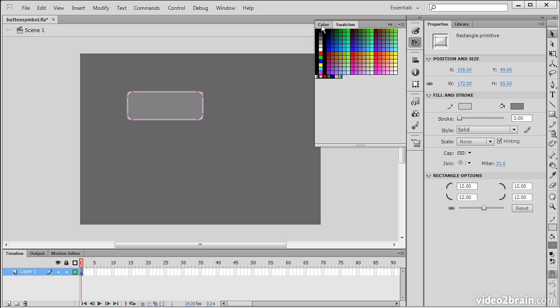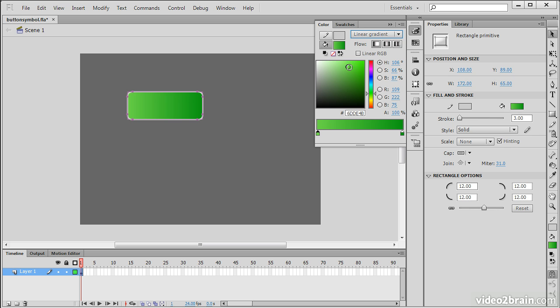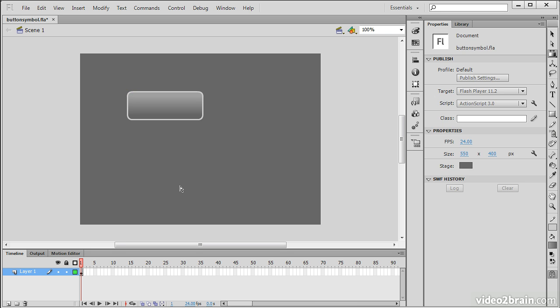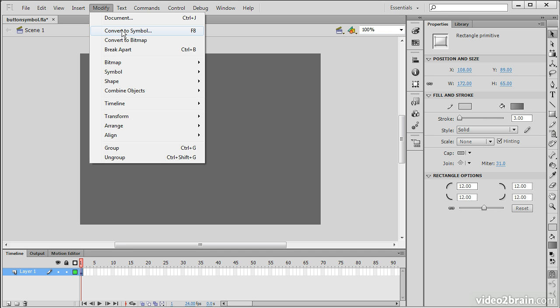So I'm going to go actually into my color panel and change this to a linear gradient and simply make my adjustments in here. Okay, that should be pretty good. All right, so I'm going to now go into my gradient transform tool so that I can reposition this gradient like that. Okay, so that looks sort of like a button. So now that I have my assets prepared, I can select them with the selection tool, go to Modify, Convert to Symbol,